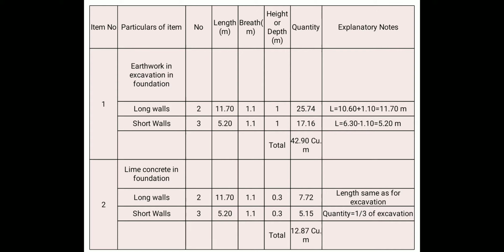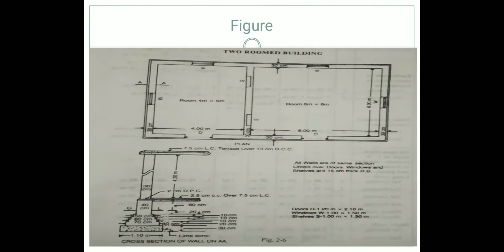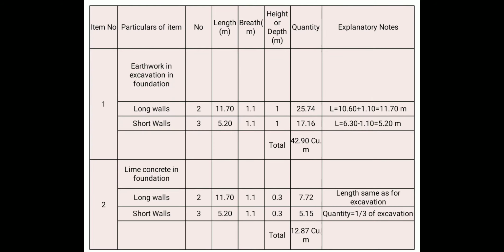For short walls it is 3, 5.20, 1.1, 0.3, 5.15. That makes a total of 12.87 cubic meter. So if you could see, we have determined the excavation of earthwork in foundation and also the lime concrete in